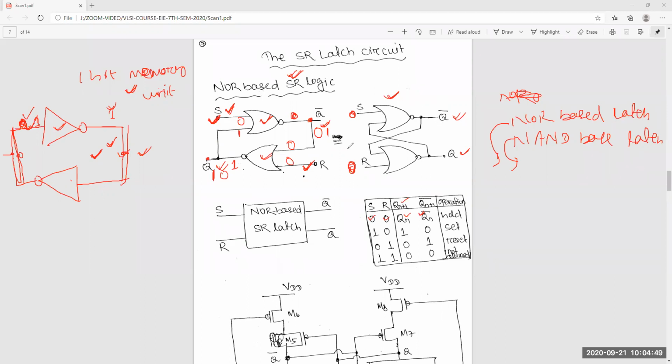Now when you go for set, you give 1 and 0. Suppose previously it was stored as 0 and 1.